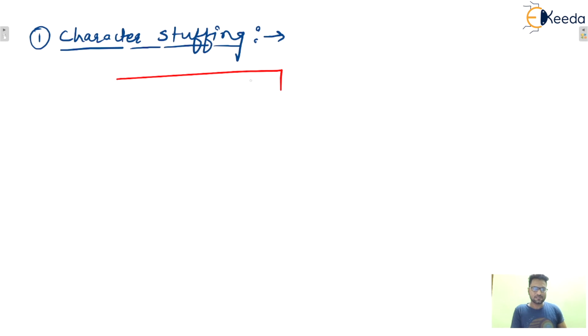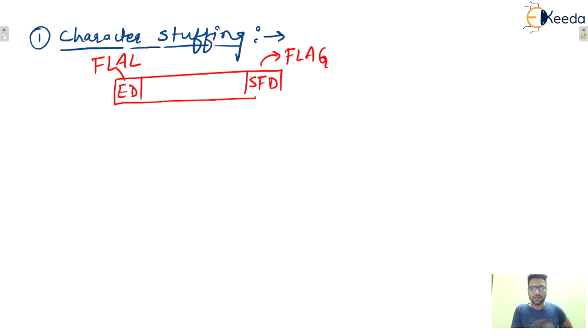So let's say one frame is there. Let's say this is SFD. Sometimes these are known as flags also. Some special kind of pattern will be there in ED and SFD. These are known as flags, meaning they are used for indication purposes. Let's say this ED is a dollar. Let's say dollar is a character. It will require 8 bits, 1 byte. Every character is written with the help of 8 bits.